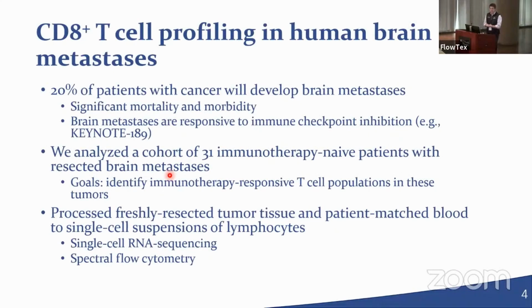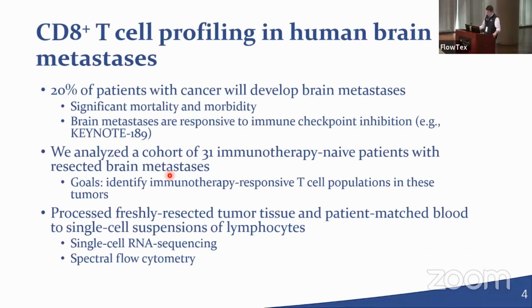So at my previous institution, we were really interested in CD8 T cell responses in humans and in particular in brain metastases. About 20% of patients with cancer will develop brain metastases. That number could be higher, but they're just not found because of lack of screening. This is obviously a cause of significant morbidity and mortality. But the good news is many of these are actually responsive to immune checkpoint inhibition, especially with PD-1 pathway blockade